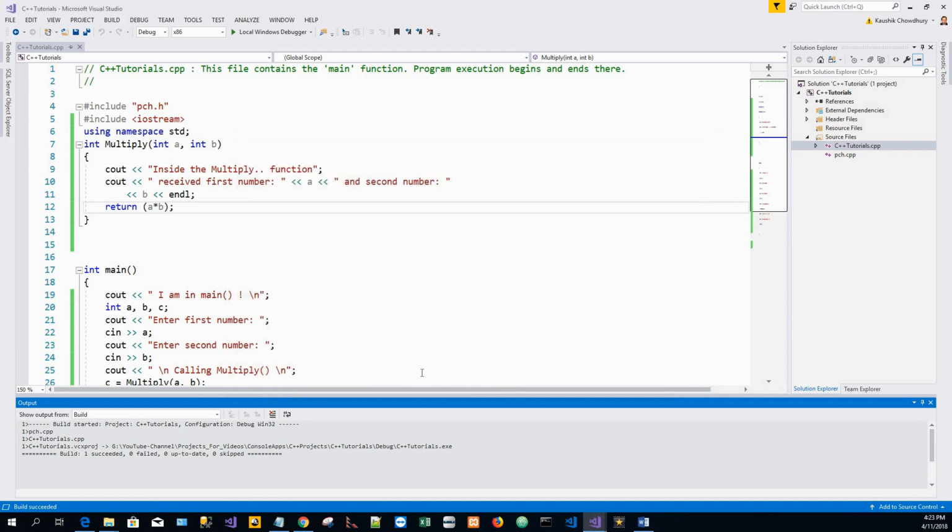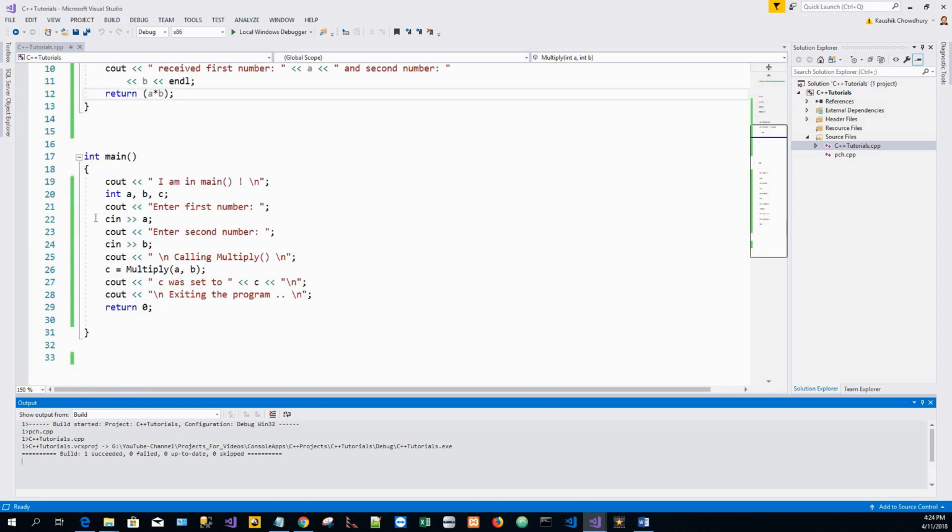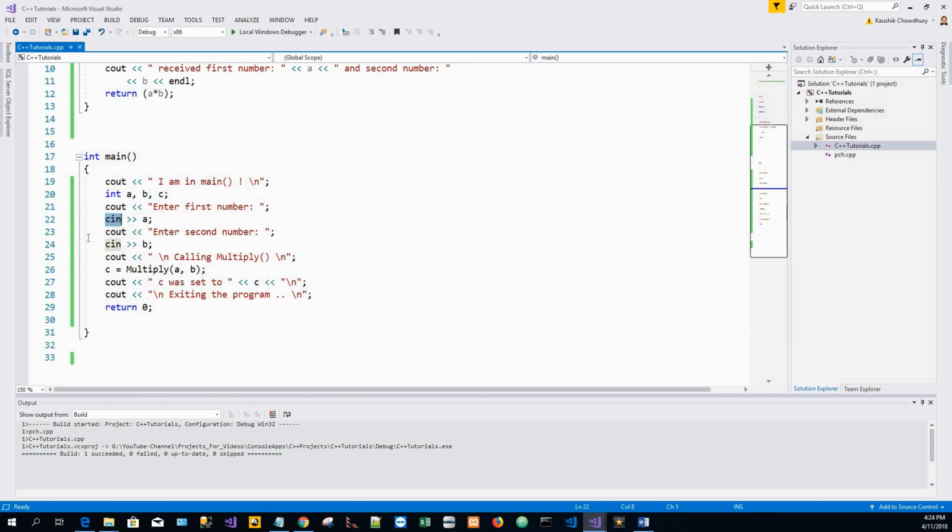That's it. So as an explanation, in line 19, I put an output stream object which actually emits to the screen I am in main, and then it takes three variables a, b, c, which are of integer type, declared, not initialized still, and then it emits to the screen, enter the first number, and then input stream. There's a new object, input stream object, it takes the value entered from the screen, and this next cout statement on line 23 writes enter the second number. It prompts the user to enter the second number,